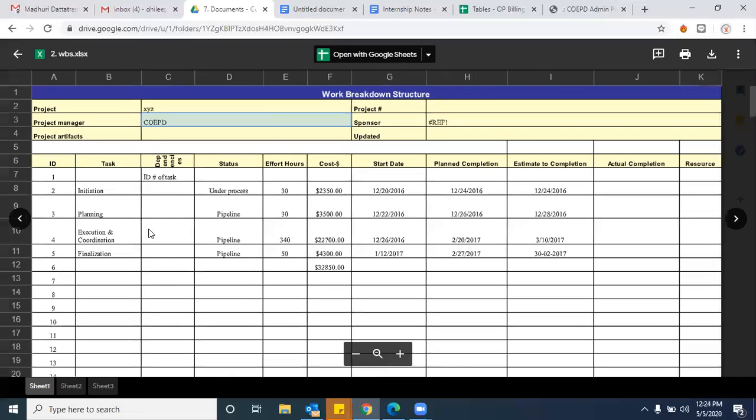Prepared by project manager. That's the reason the project manager name we wrote it here, right? See, project manager and project artifacts. Are there any artifacts that you are expecting, like let's say Gantt chart or BRD or some business case? On what sort of artifacts you prepare this document, and every project will have some IDs. That project ID you need to mention here.